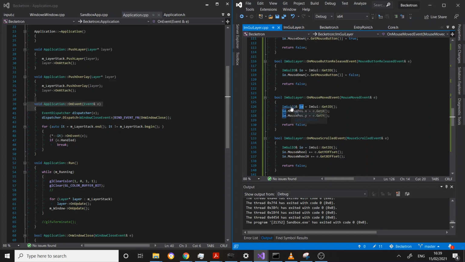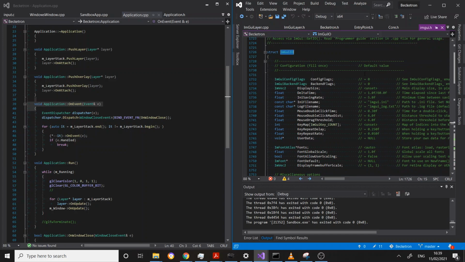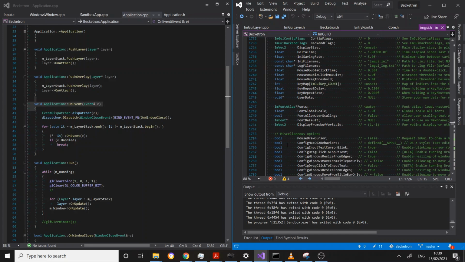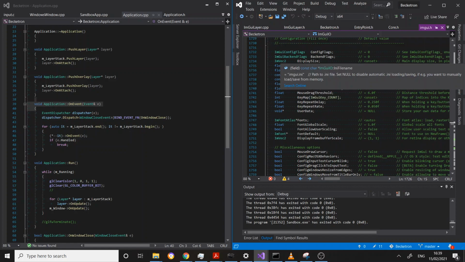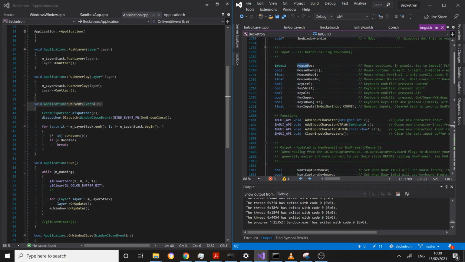We can go to the ImGuiIO structure, which is in imgui.h, and here you can see it's been clearly defined what's what and what it contains, like display size, delta time. If you come down here, we've got all these mouse pos, mouse down, mouse wheel, and all that. So we can use this ImGui structure to see what we need to implement in our input in our ImGui event system. So if I close that,